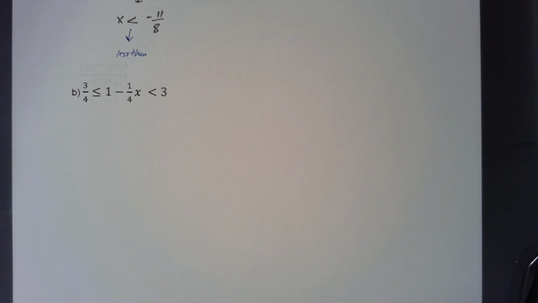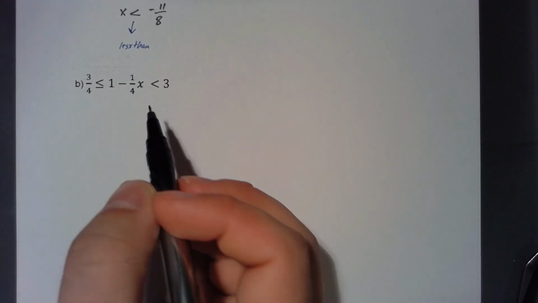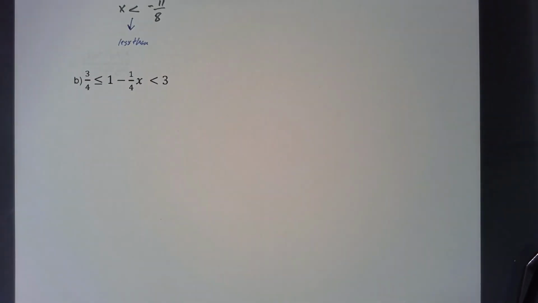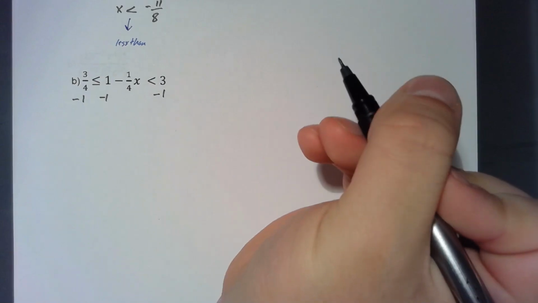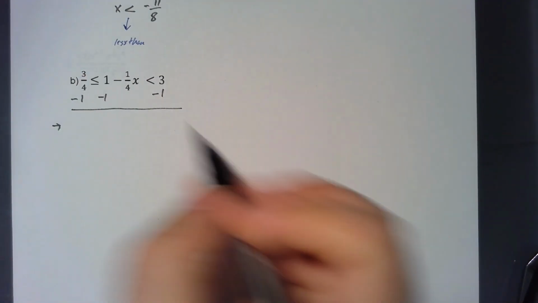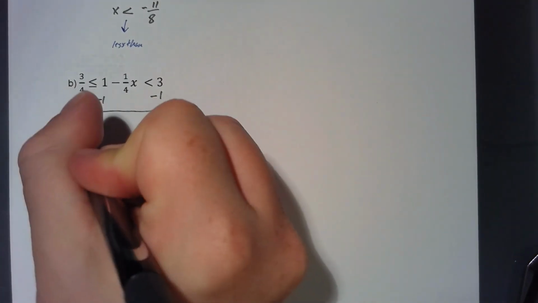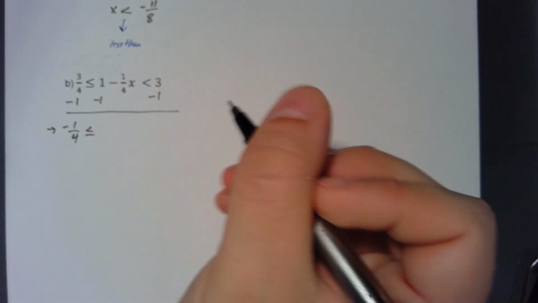So this one right here in letter B, this one's a compound inequality. So whatever operations you do, you have to do to all three sides. x is going to be caught between two values. So let me subtract 1 from all three sides. So when I do that, I'm going to get 3/4 minus 1, which is going to be negative 1/4, is less than or equal to